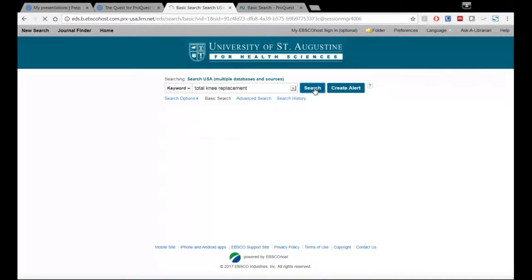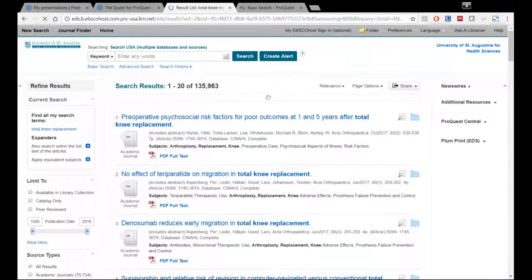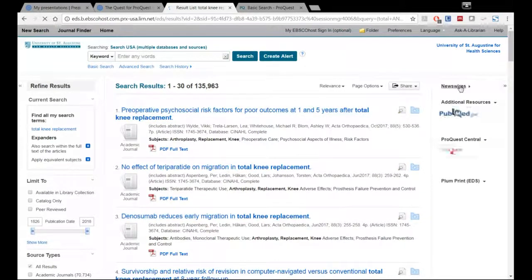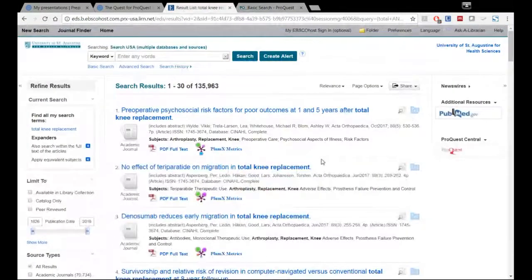This is probably the search term that you'll see me use a couple times. Just like you're doing a basic Search USA search, and once the results list comes up, you'll see over here, right under Newswires, additional resources. We'll see PubMed and ProQuest Central right here, and along with using this to search ProQuest,